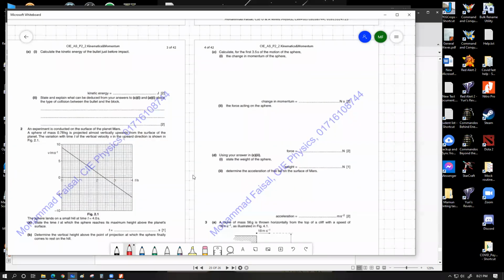আমাদের এখানে গ্রাফের এই পর্যন্ত ভ্যালুগুলো ভেলোসিটি পজিটিভ, এরপর ভ্যালুগুলো নেগেটিভ। কোশ্চেন বলছে, ক্যালকুলেট ফর দ্য ফার্স্ট 3.5 সেকেন্ড অফ মোশন অফ দ্য স্ফিয়ার, দ্য চেঞ্জ ইন মোমেন্টাম অফ দ্য স্ফিয়ার। তো আমাদের নরমালি ইকুয়েশন কী হওয়ার কথা? m(v - u)। এখানে ম্যাস দেওয়া আছে 0.78, 0.78 বসাবো।